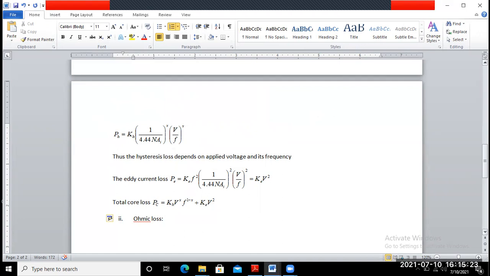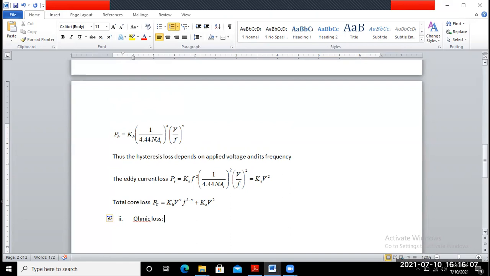Stray load losses always take place due to the leakage field present in the transformer. That induces eddy currents in the conductor, tank, channel, bolts, etc. So the eddy current loss gives rise to the stray load losses. So these are the basic losses: core loss, ohmic losses, and stray losses. Stray losses may be considered if given in the problem. Otherwise, you may neglect them or take some constant value such as 1% of the rated power rating of the transformer, as mentioned in your problem.